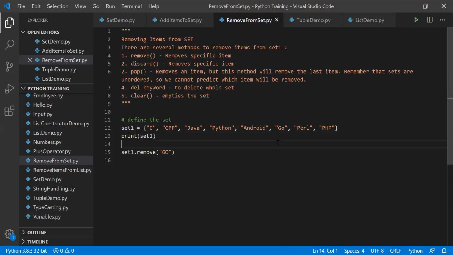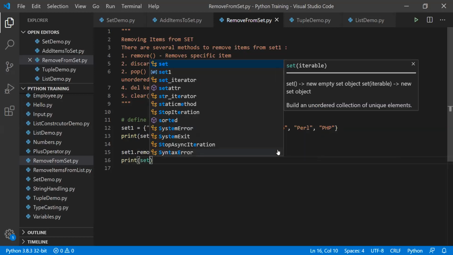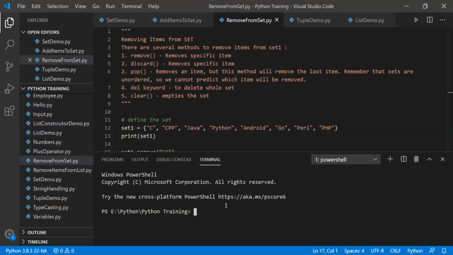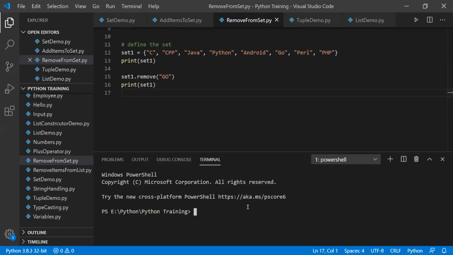So remove the go, and let's print that set again just to check whether go is deleted or not. Let's execute the program. Python remove from set.py.